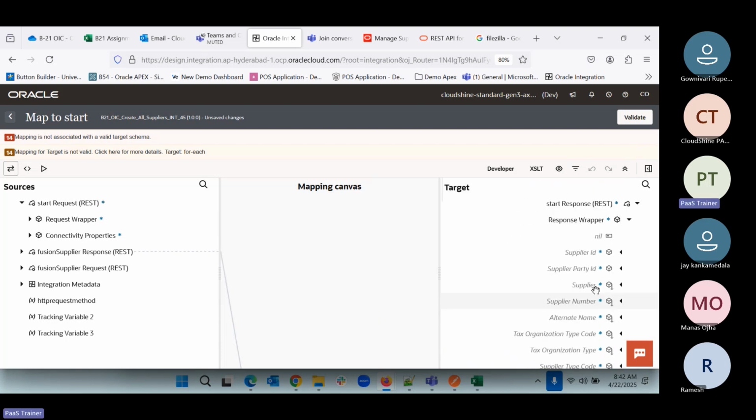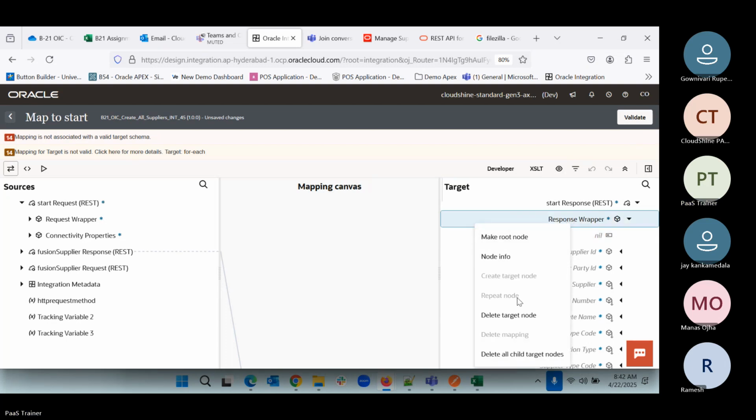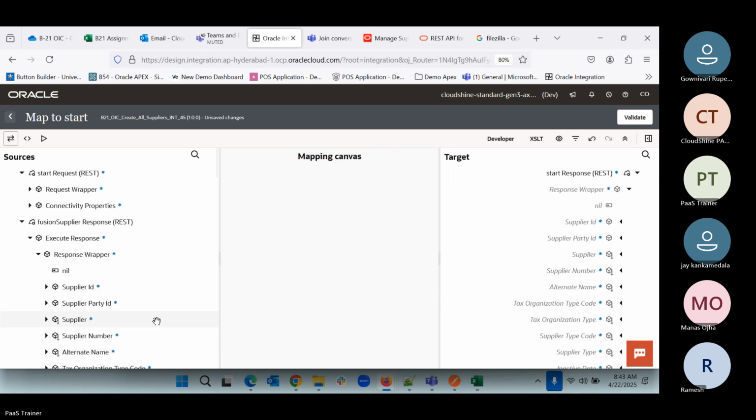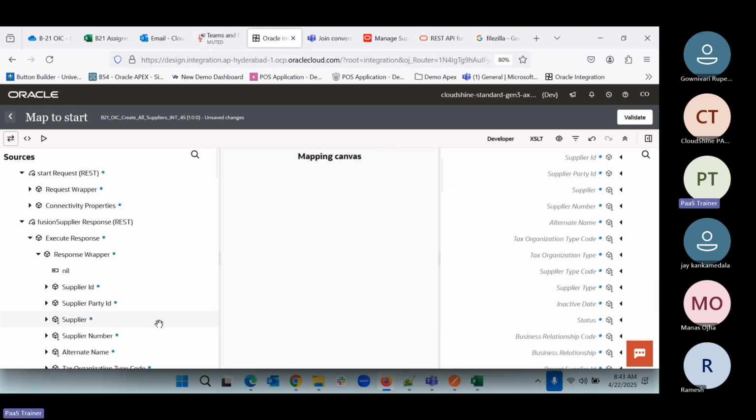What we do, we can come here into the parent and we can delete existing everything. So we can say delete target nodes. Now everything got removed. We can come to the response wrapper, and then right here we can go and map whatever things we need